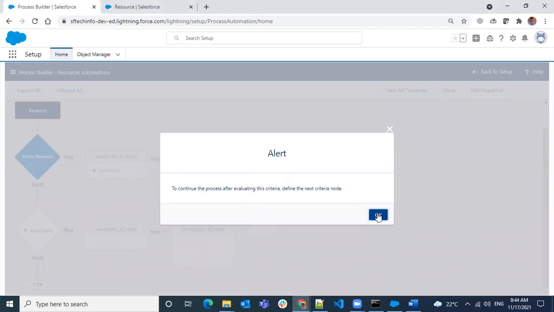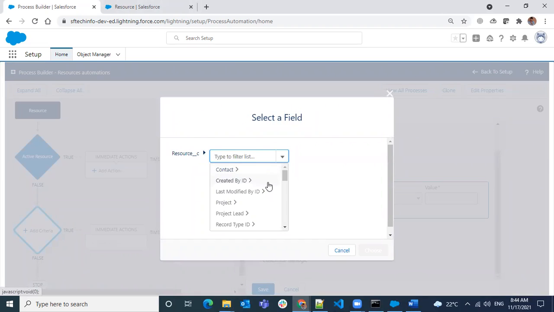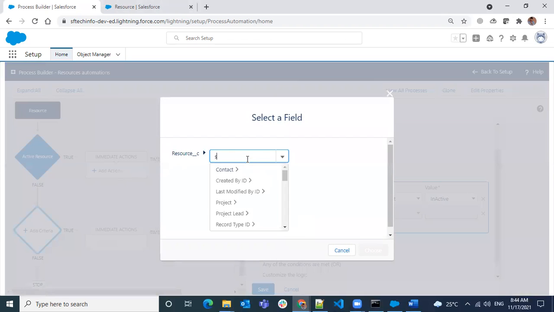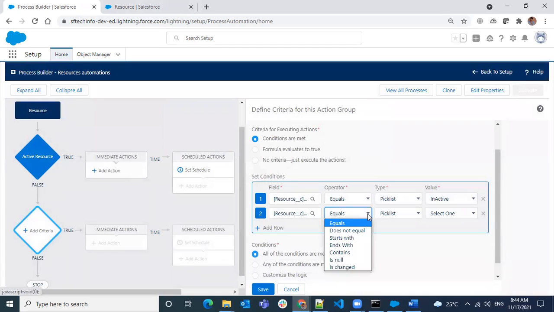First I have to specify the below condition: when the status is inactive, or status is null equal to true. That means if it is not selected also, I want to treat it as inactive, and if any of these conditions are met.